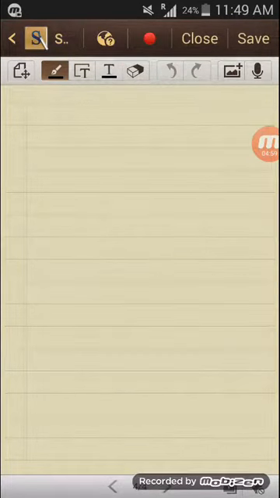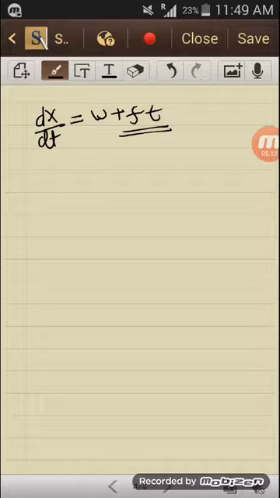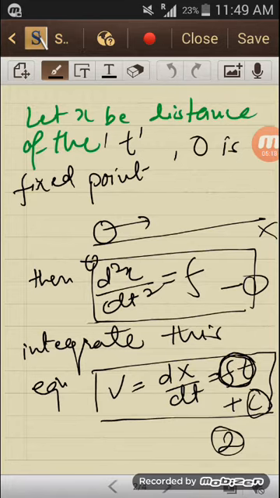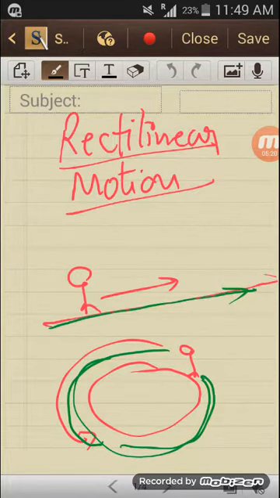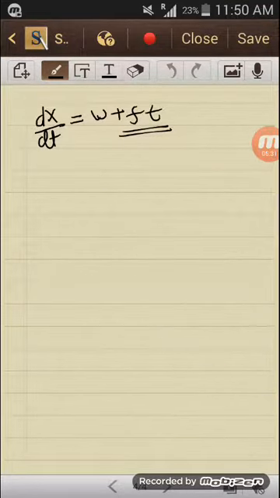Now we have the equation dx by dt equal to u plus ft, and f I have assumed in equation first. So here the derivative becomes u plus ft. Now if we reintegrate it,